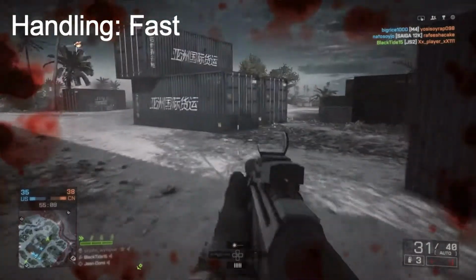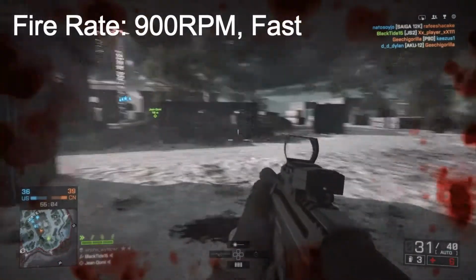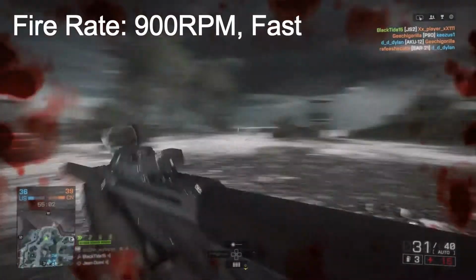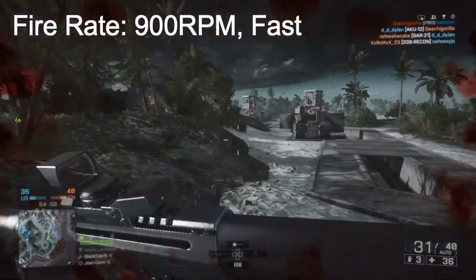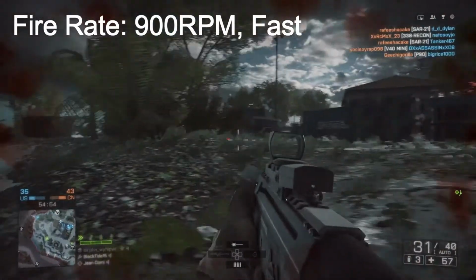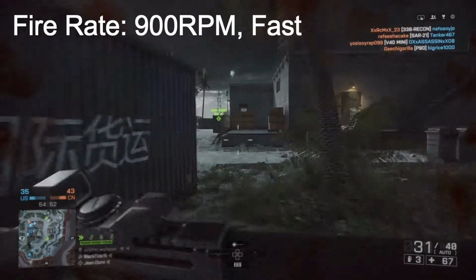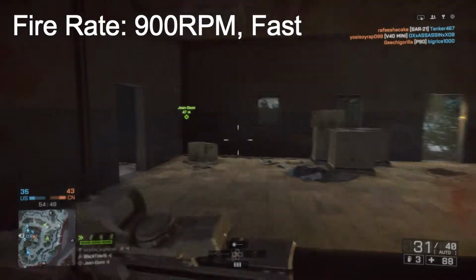I gave it a fast rating for the handling on this weapon. The fire rate is 900 RPM. That is fast in this game. Basically, what I consider fast is pretty much anything over 800, 850. It's pretty fast. It's not crazy. It's not like the FAMAS where it's 1100 RPM or something, but it does get the job done with the